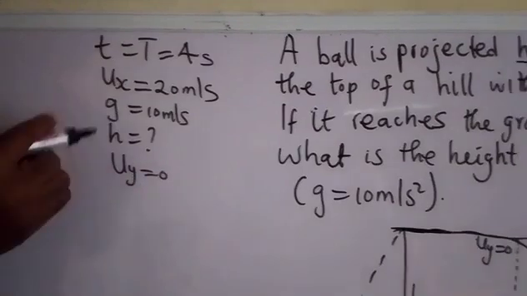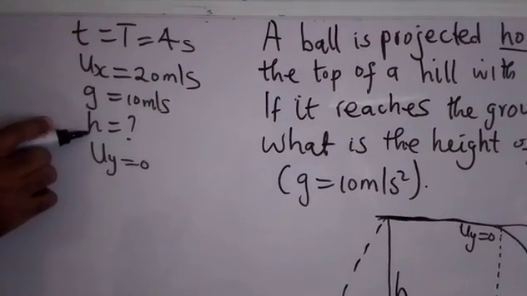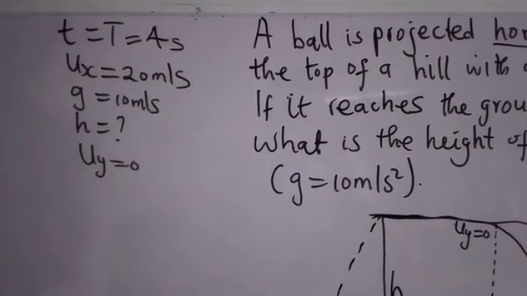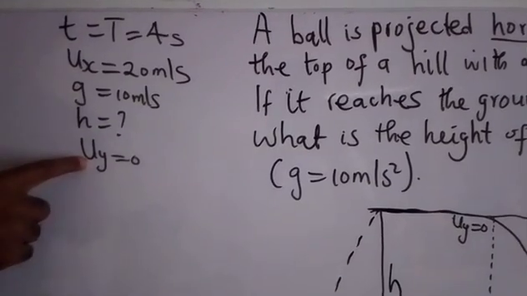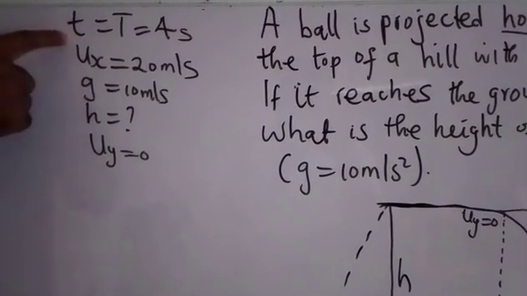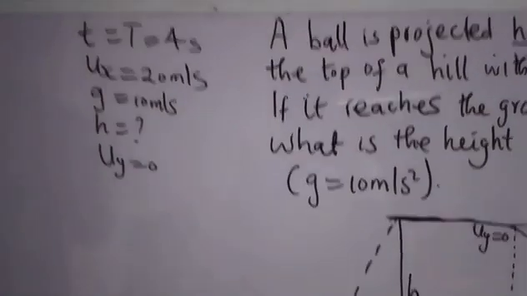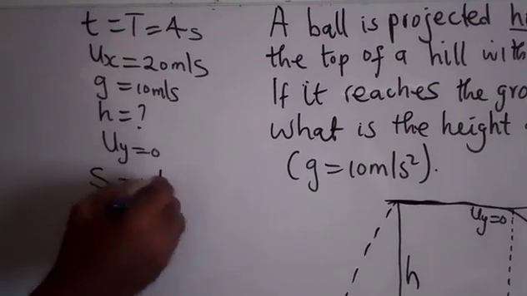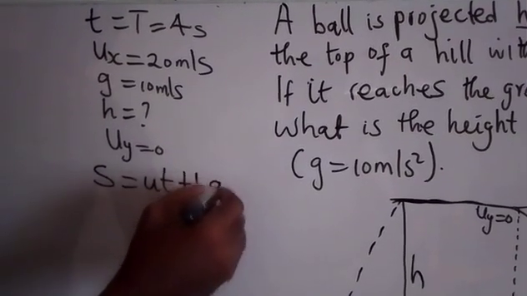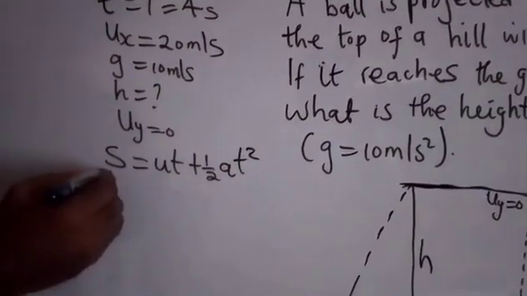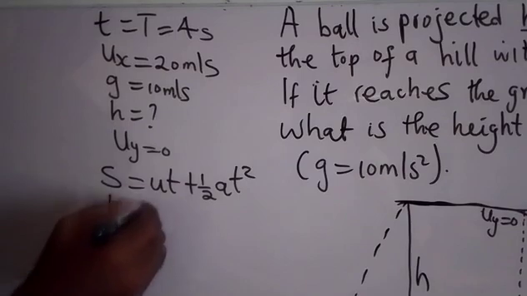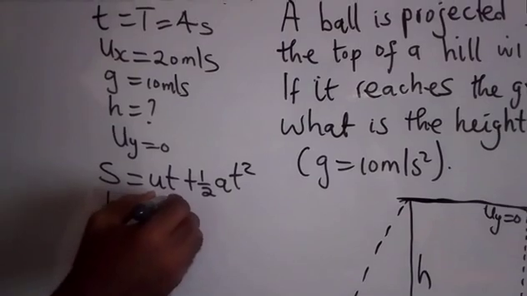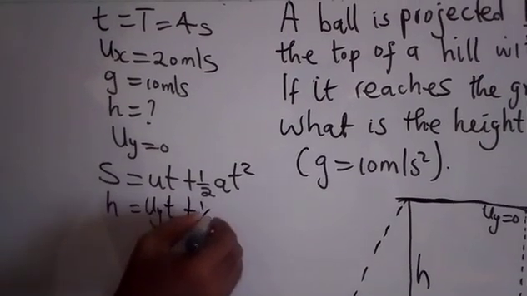Why is this important? The height of the hill is a vertical distance, so we can't use 20, which is for horizontal motion, to solve it. Now you have initial velocity, you have acceleration, you have time. You're looking for distance. Which equation of motion can you use? You remember S equals ut plus half at squared. Here this S becomes your height, h, equal to u, which becomes the initial vertical velocity, since the height is a vertical part, multiplied by t plus half